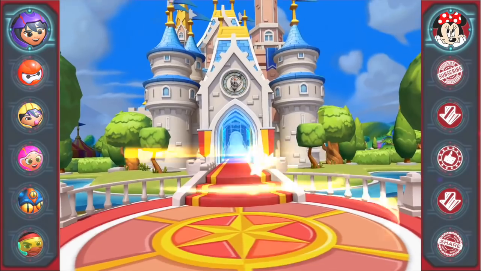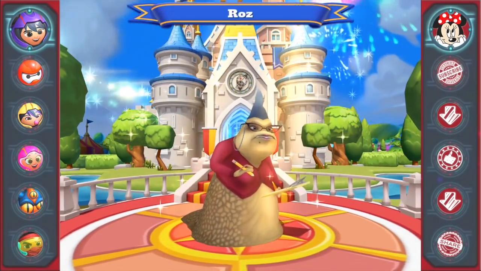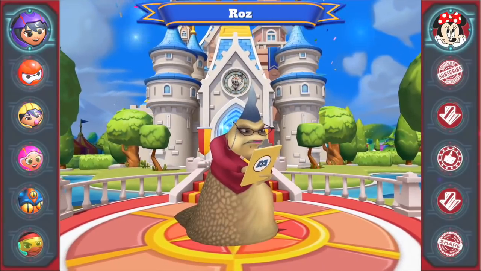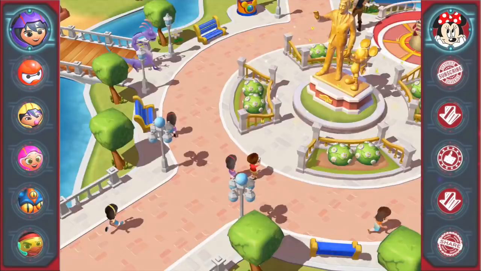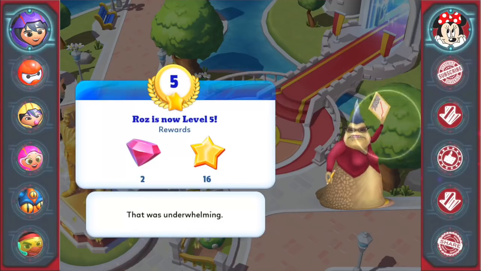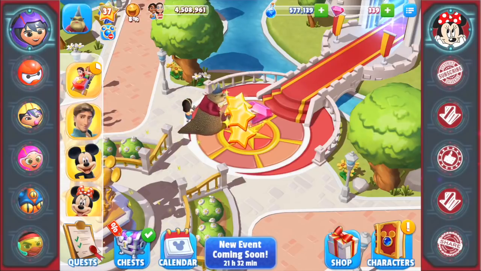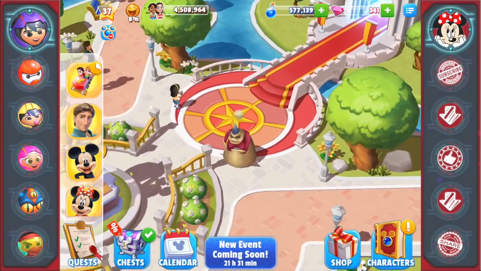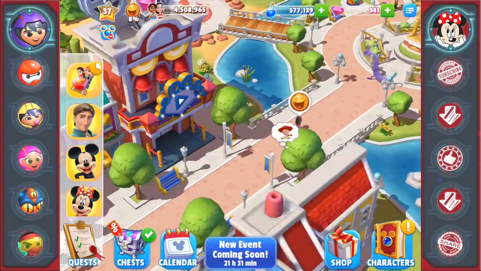So today is a very big day, and if you don't know why, it's because Big Hero 6 is coming to Disney's Magic Kingdoms game. So I'm just bringing Roz in. She is now level 5. That was underwhelming. Everything for her is underwhelming. Oh dear. Alright, so we have got hardly any time left, really just minutes to go, but before that,